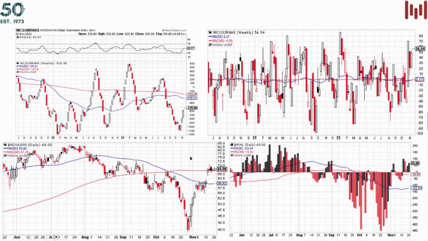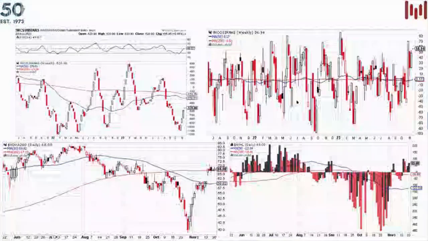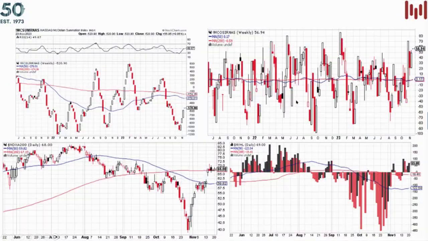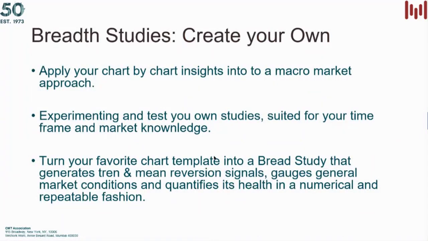These breadth studies work for certain time frames that maybe it's not your time frame. You can't really do a lot of signal testing or backtesting or optimization with this. You basically, this is what you have, and that's it. So seeing this, I realized many years ago that I think we can do better, and you can do better for yourself.